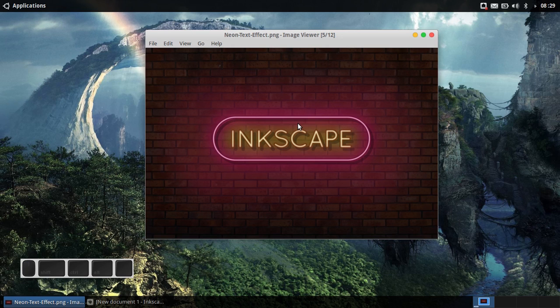Okay, here is the neon text effect. We see here there is an inner glow, outer glow, and drop shadow. Here we will make it manually without using filters. It might actually be possible to create a neon text effect with filters. However, since I rarely use filters, we will use fill and stroke, and I also provide a brick background texture here only as a complement.